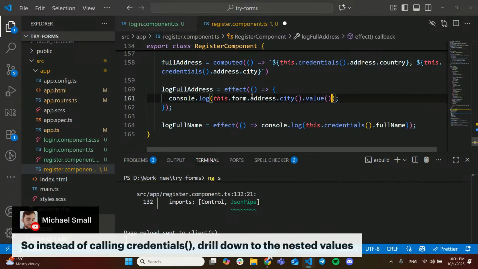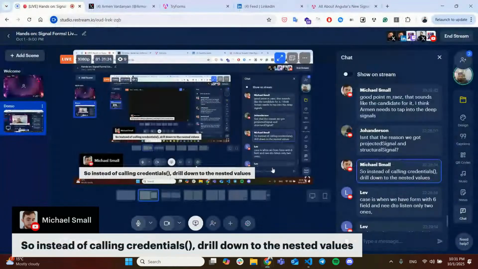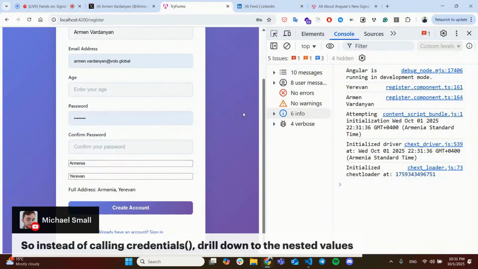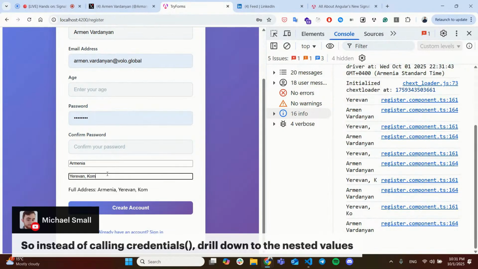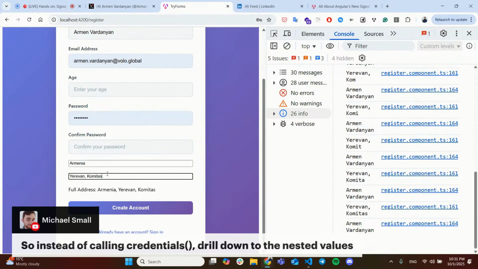Maybe we need to call this. Let's do this. And yeah, that's a great suggestion actually. Now we have Armen Vardanyan and Yerevan. Yeah, we're logging only the city, right? And if I change it, it works. But it also logs this other field, although